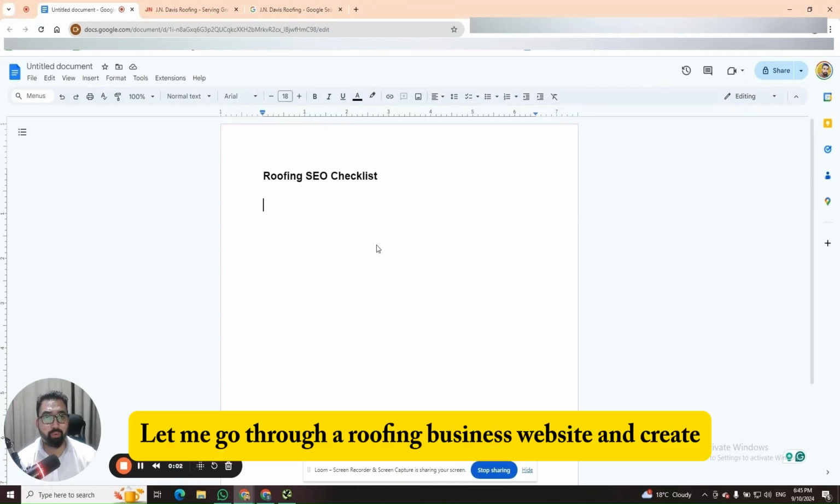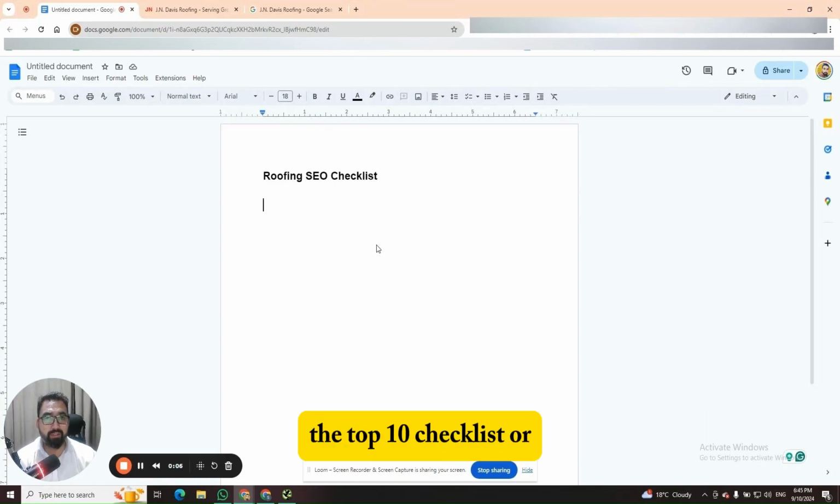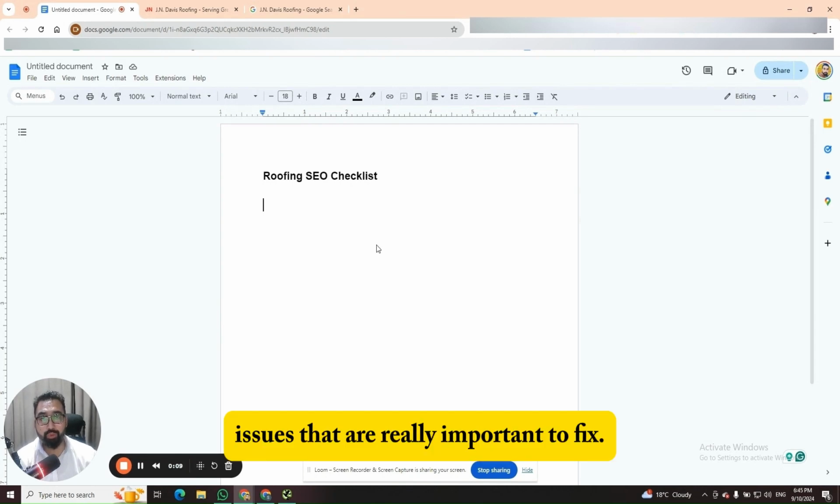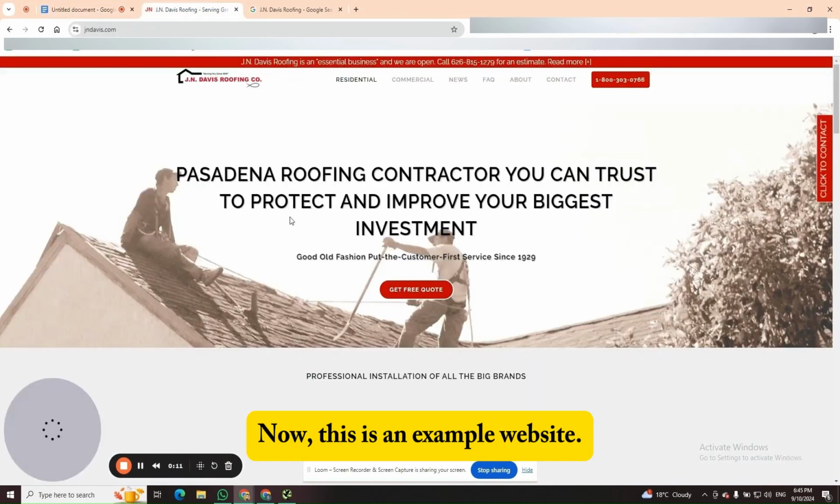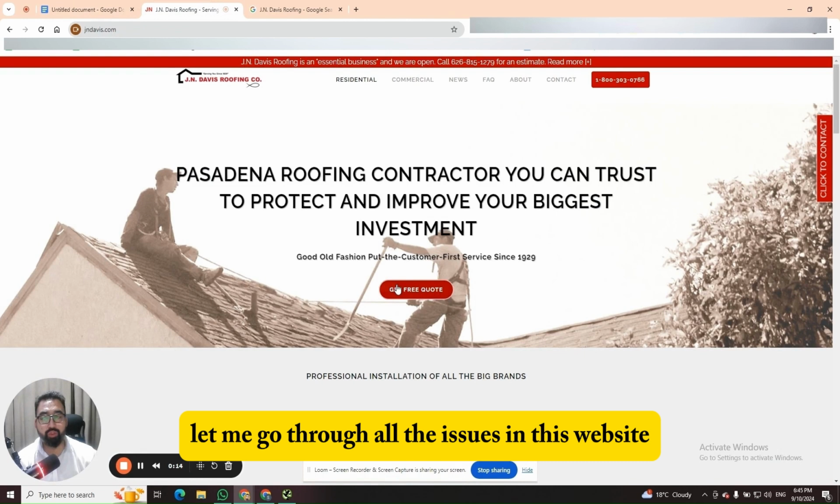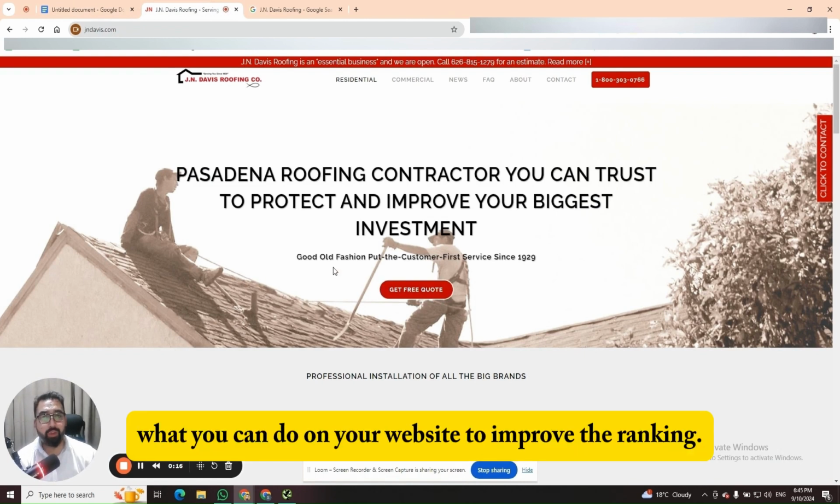Hi, let me go through a roofing business website and create the top 10 checklist for issues that are really important to fix. Now, this is an example website. Let me go through all the issues on this website and show you what you can do on your website